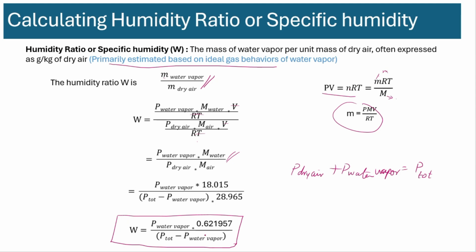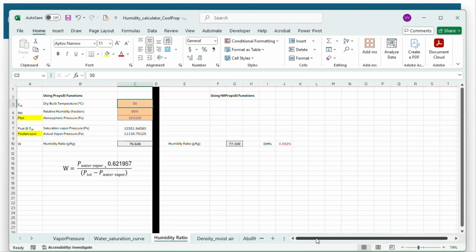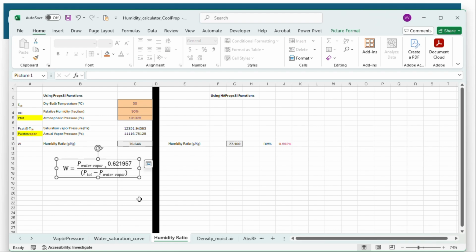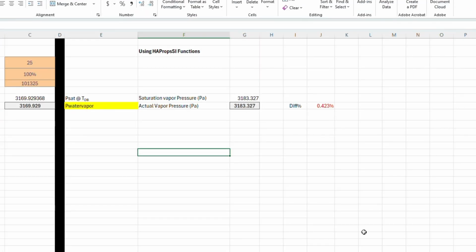Okay, so let's see how it's done using the humidity calculator tab. Now, before we get to humidity ratio, where we use this formula, I wanted to show you how to calculate partial pressure. It's already defined in the other Excel file, but let's go step by step here. So if you have a given dry bulb temperature and a given relative humidity, okay, and a given total pressure,